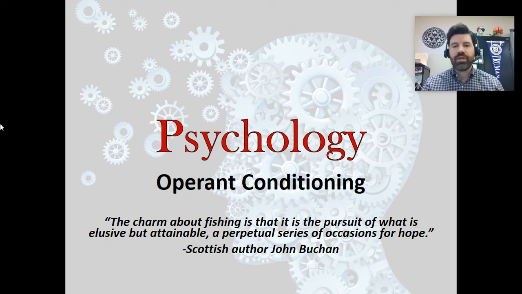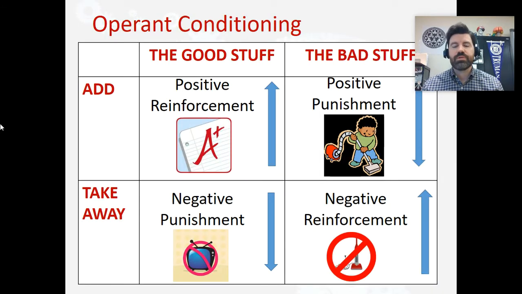Today we are going to continue our conversation about operant conditioning. You may recall that when we were last together, we were talking about the different types of operant conditioning. So we talked about positive reinforcement, positive punishment, negative punishment, and we discussed some different examples of those forms of operant conditioning. Now, there is another element of operant conditioning that we didn't get to last time that we're going to discuss today, and that is what we call schedules of reinforcement. In other words, how often should we be reinforcing or punishing behavior?